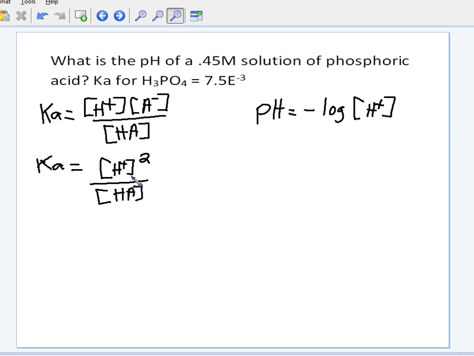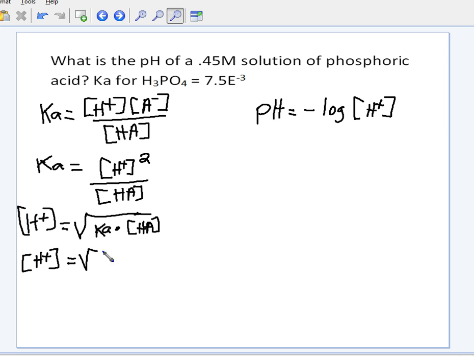HA. Okay, now you could do a little bit of algebra to rearrange this equation so that you can solve for just H plus. So if you move the HA over to this side and take the square root of it, you would get that H plus is equal to the square root of your Ka value times the molarity of your solution, which is HA. Square root all that. So then you can just plug in your numbers and you can find that H plus